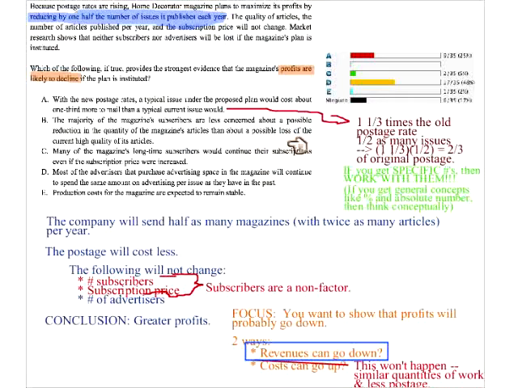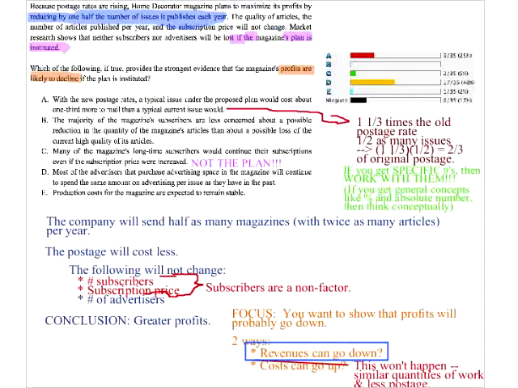C, many of them would continue their subscriptions even if the price were increased. Well, again, that's nice, but if you notice, the current plan is not to increase the subscription price. In other words, this is not the plan. A couple of you selected this, but notice that this is not the plan. We're only talking about what happens if the plan is implemented. So answer choices that don't talk about the plan are not relevant. Choice C is talking about something else that isn't the plan.